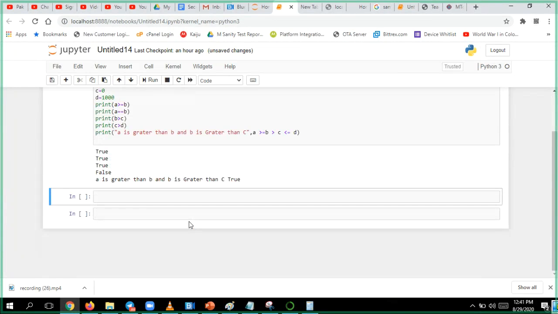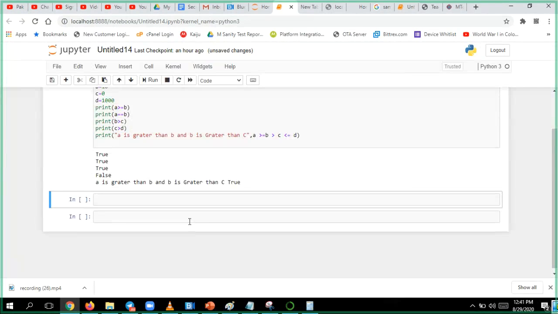All these things, you know, when a condition will become true and when it will become false. The first thing we have covered is arithmetic operators. Now, relationship operators we have started. In the relationship operators, we have seen greater than, less than, greater than or equal to, less than or equal to.